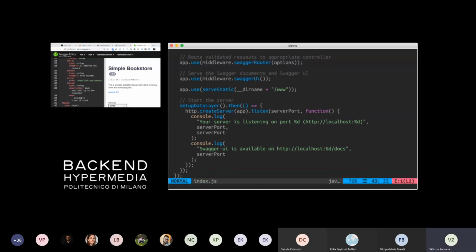Keep in mind that whenever I'm using the arrow notation, I'm creating an anonymous JavaScript function, which you might want to look at if you are not aware of it. Typically this allows us to not use verbose syntax for defining our functions, but in the end it's a function that is called only after setupDataLayer has been completed. Now the server